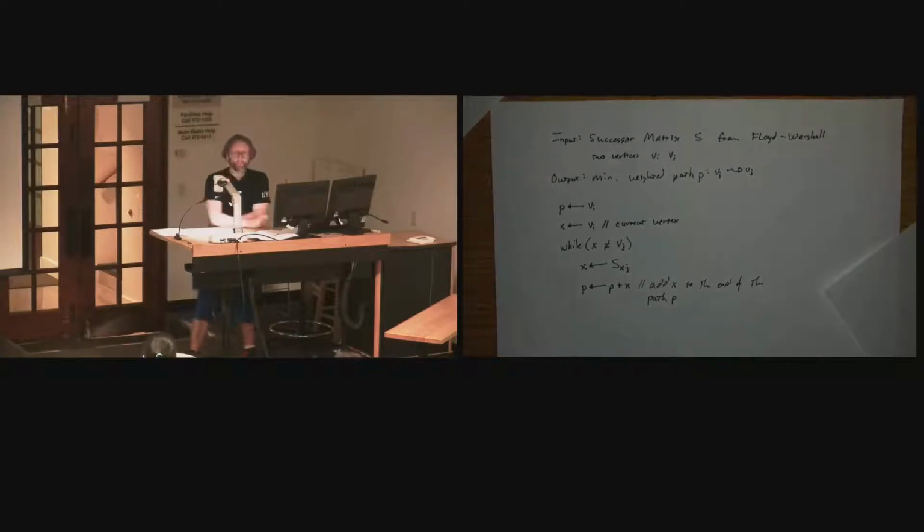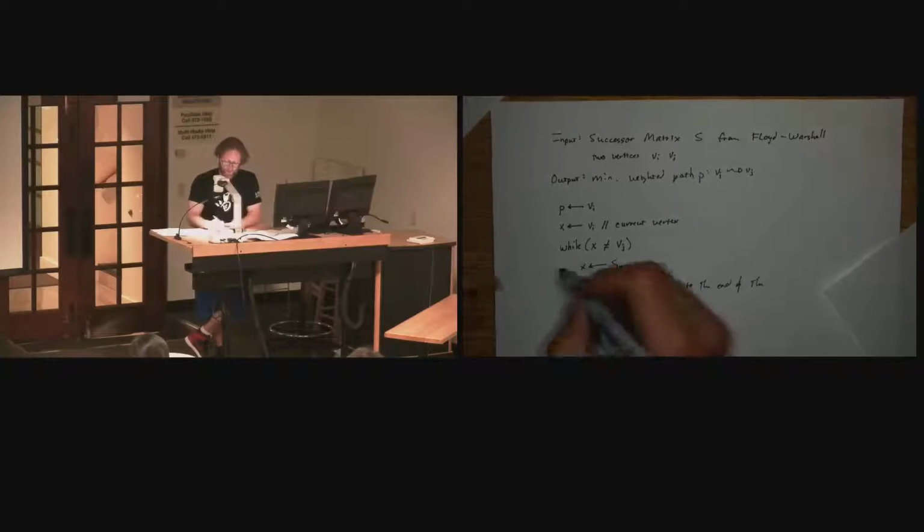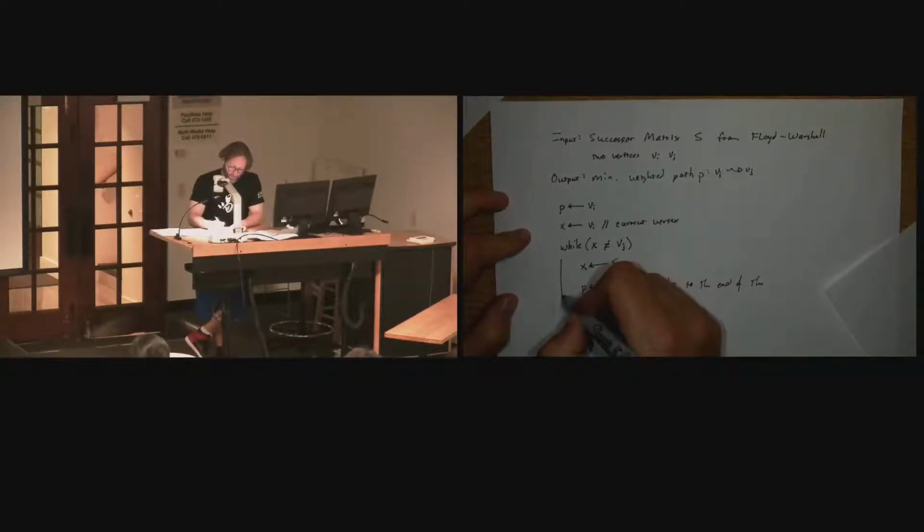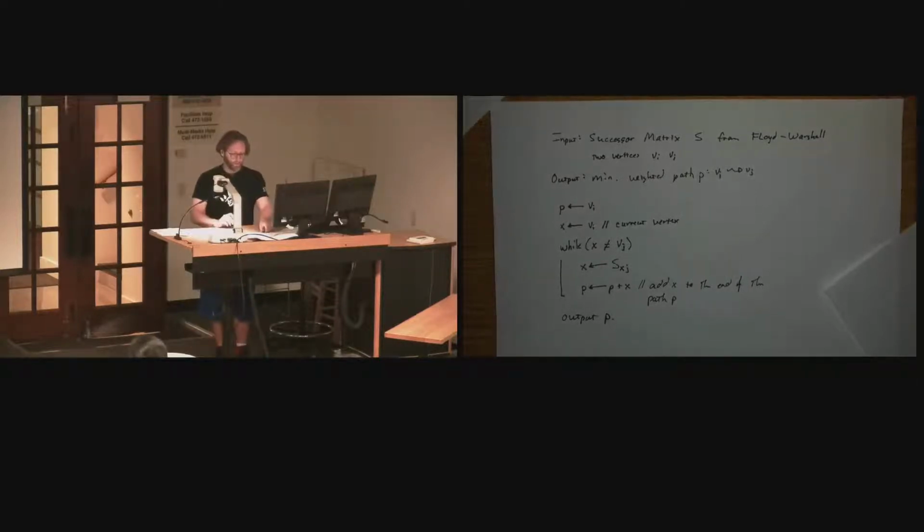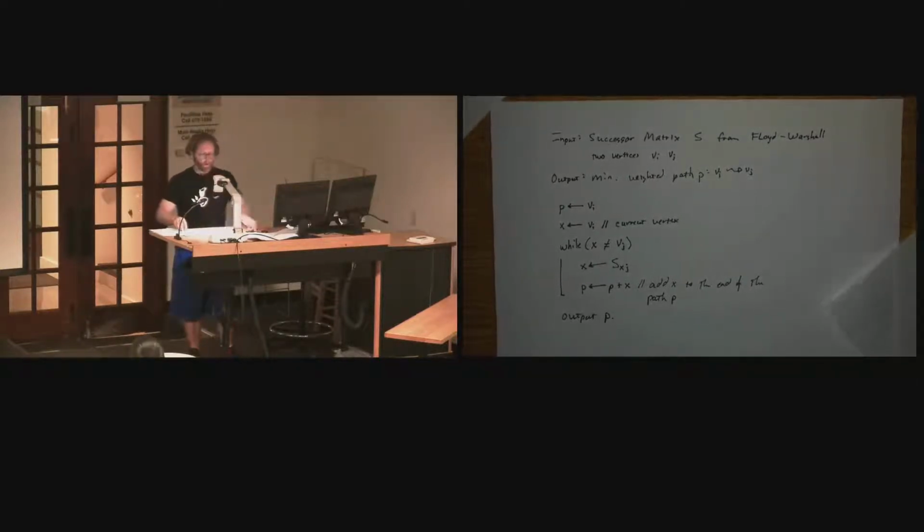If you were doing this in Python, then how would you represent a path? A list of vertices. So append, right? You're just adding it to the end. Or if it's a string or something like that. And that's it. Once I'm at the last vertex, I break out of this while loop and I'm done. I output my path P. Right? Basic idea, again,